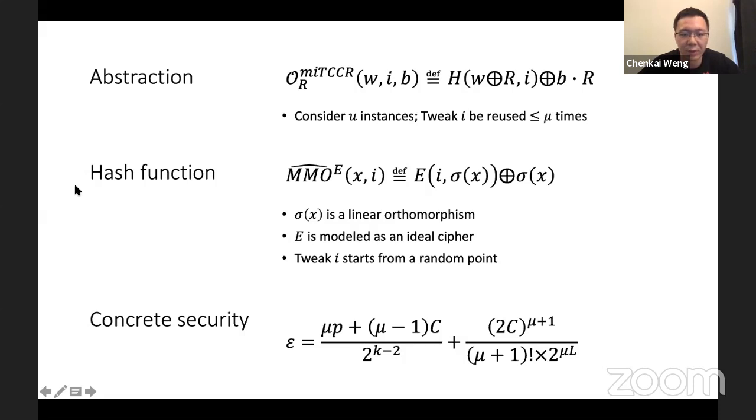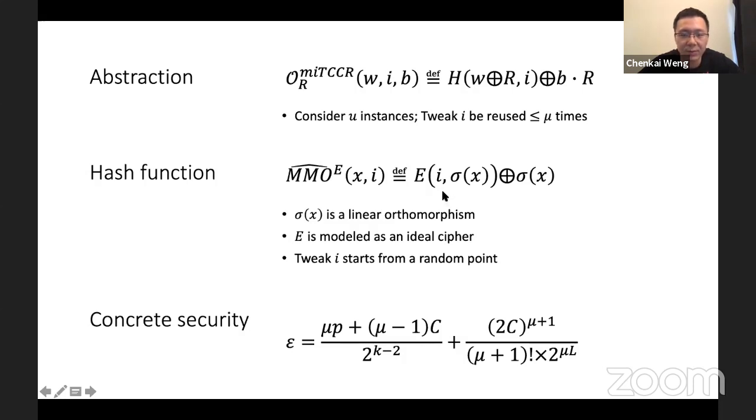And in the sense of this abstraction, we design the hash function MMOE. It takes the inputs, the label x and the tweak i. Here, sigma x is a linear isomorphism, a kind of permutation, and E is modeled as an ideal cipher. The key of this ideal cipher is this tweak i. To further bound the maximum reuse of a single tweak, we start this i from a random point.